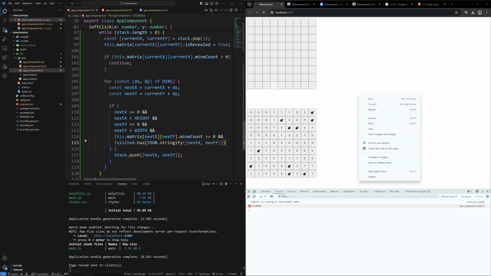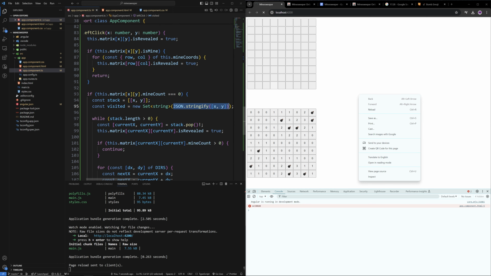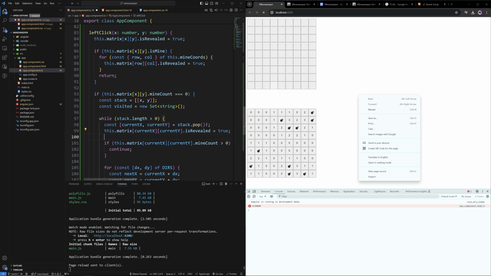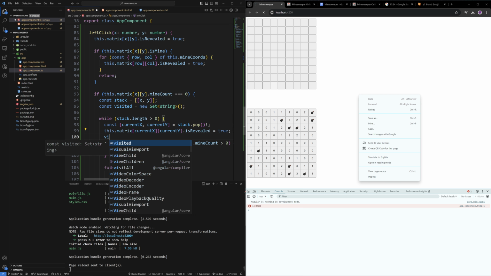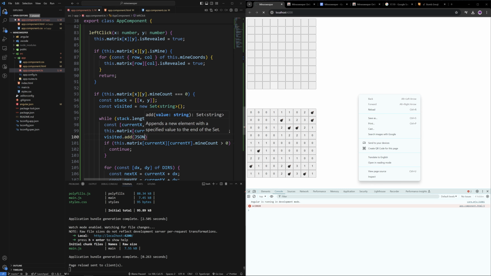And then we can add it. Oh, wait, I think I know what happens here. Instead of adding here, we do the visited.add here, visited.add JSON.stringify current x,